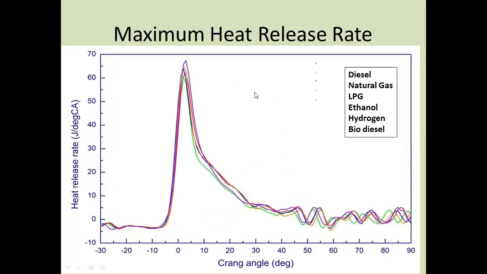So next slide, we can discuss the maximum heat release rate. As I told you, if the cylinder pressure increases, the maximum heat release rate also increases. This happens in the uncontrolled combustion stage. From the ignition delay period, which is between the start of injection and the start of combustion, it is in the uncontrolled combustion period that we get the maximum heat release rate. After that, once it reaches the maximum rate, the rate of pressure rise decreases. So next slide is thanking.